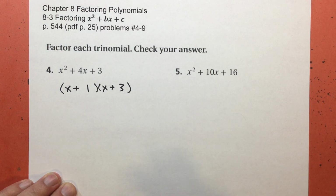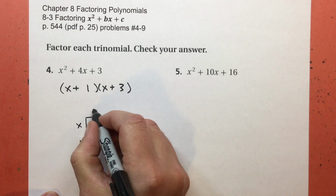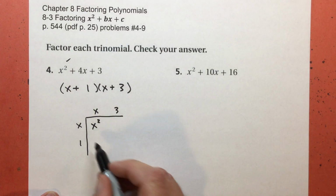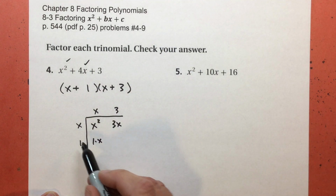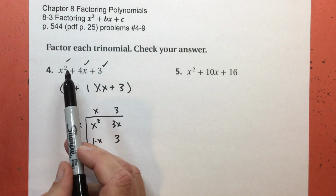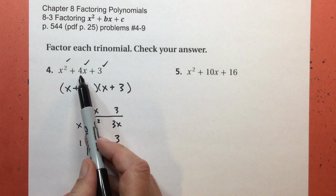Now, I'm finished with this problem, but I'm just going to talk a little bit more about it. I want to connect it with what we've done before. When I multiply x plus 1 times x plus 3, I get x to the second power, that's this part. I get x times 3, and I get 1 times x. And when I add these, I get 4x, that's that part. And of course, 1 times 3 equals 3, that's that part. So what this actually is x squared plus 1x plus 3x plus 3, and we can factor it using a table like this. But, like I said, what two numbers multiply to give this, add to give that, that's going to give me